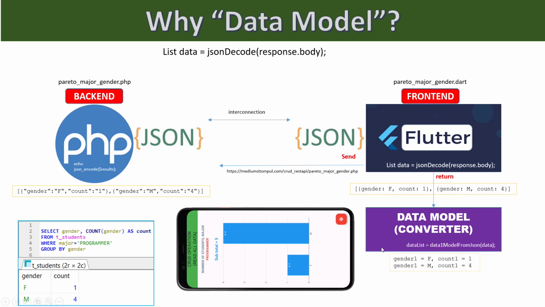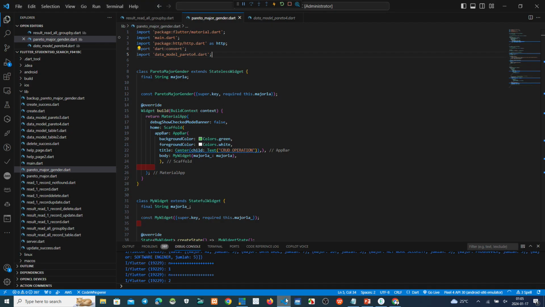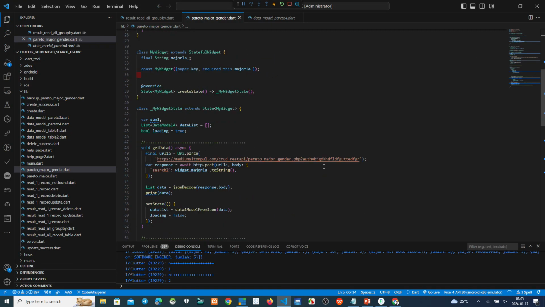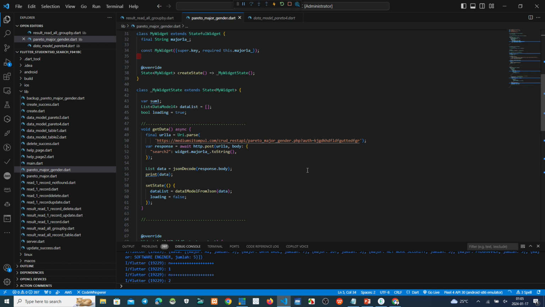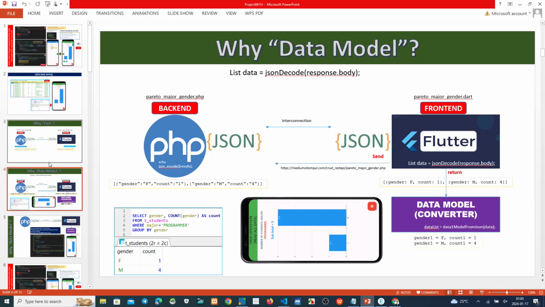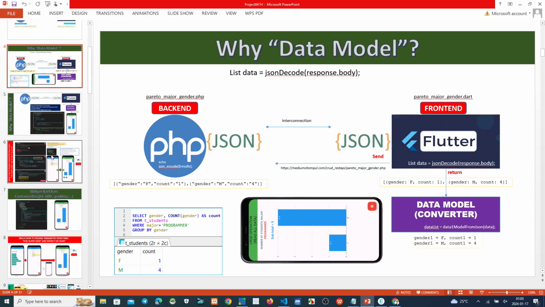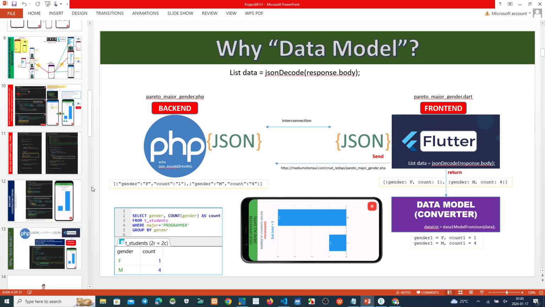Okay, now back to the script. Where is it? Okay, this is the script name on the backend. The script name, we have copied this to make the explanation make more sense to you.